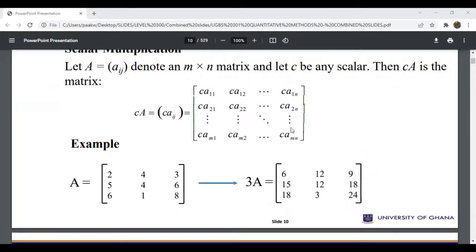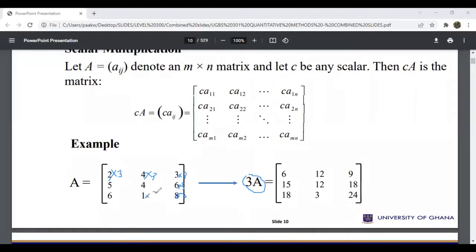So that's all about our scalar multiplication. For example, they have the matrix A here, and the scalar was 3. So that's why they've written 3A. When you cross check, you see that they've multiplied 3 by each of the elements here. So they multiply 3 by 2, 3 by 4, 3 by the 3 here, 3 by the 3 here, 6 here, 3 by 8 here,